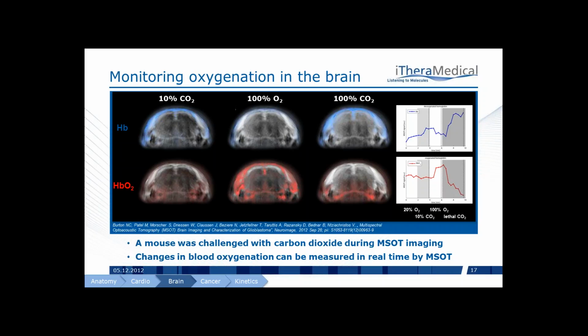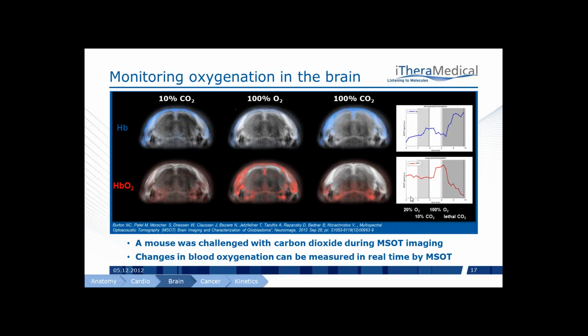The next experiment that we did looked at the possibility to differentiate oxygenated hemoglobin from deoxygenated hemoglobin in an animal through intact skin and skull over time while we performed a carbon dioxide challenge. These 6 images represent a single animal at different points in time divided into components representing either deoxygenated or oxygenated hemoglobin. These graphs then show the quantification of these 2 oxy and deoxyhemoglobin signals in the superior sagittal sinus over